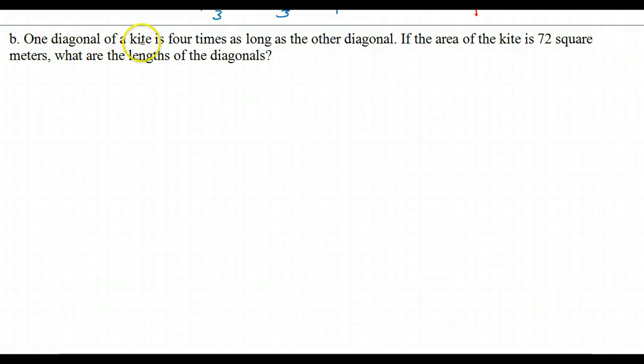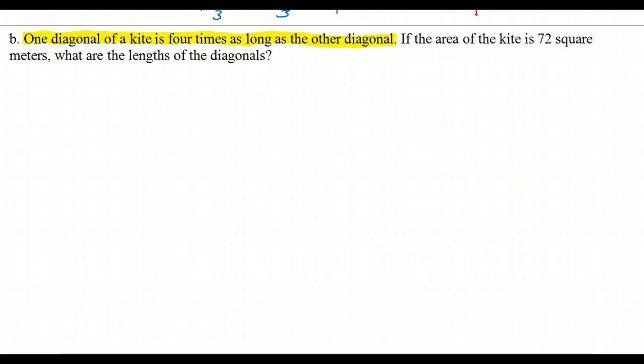Now we're talking about a kite. Okay, the diagonal of a kite is 4 times as long as the other diagonal. Now you remember with a kite or a rhombus, we talk about the diagonals as diagonal 1 and diagonal 2. So this sentence that says one diagonal is 4 times as long as the other,